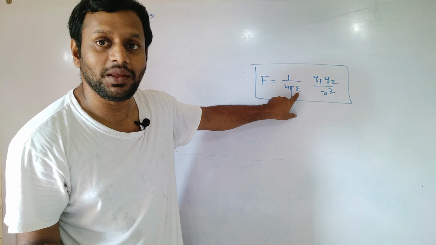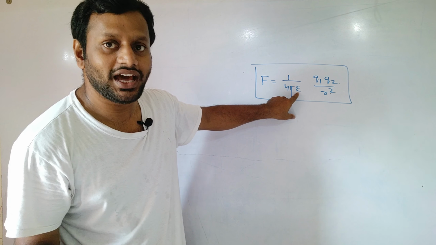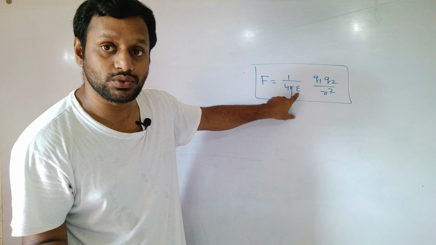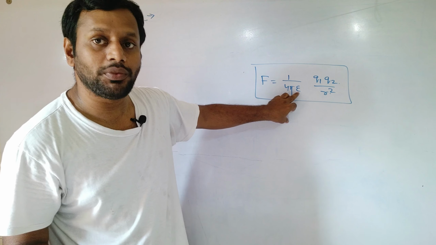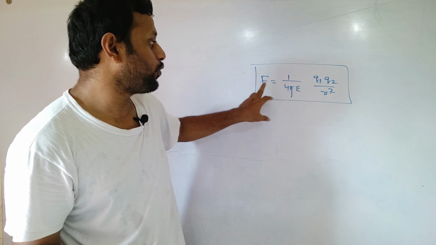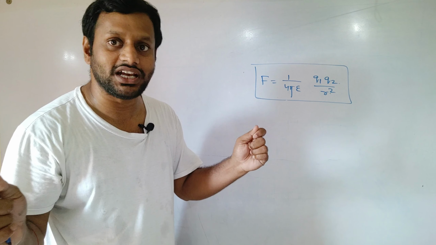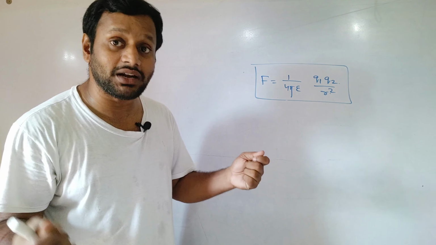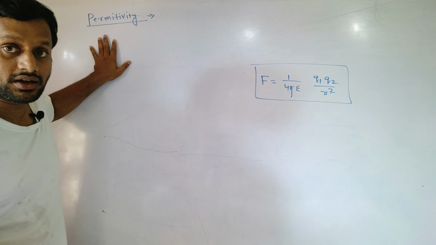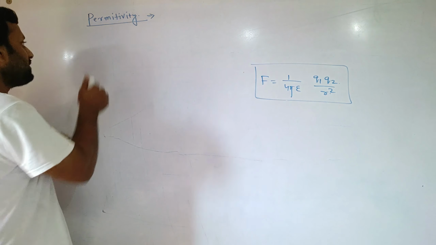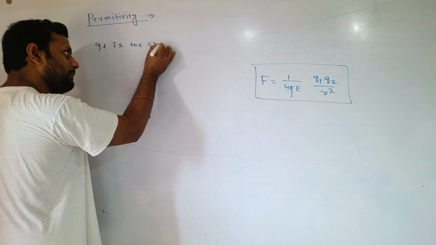So epsilon r is the relative permittivity, and that relative permittivity in different media is not the same. For air, that is vacuum, it is 1, for glass it is 80. So for different mediums the value of the relative permittivity is different, which means the force is changing. So from medium to medium, if two same point charges are separated by the same distance, then the force changes. Based upon that I am writing the definition of permittivity. It is the characteristic of the medium.